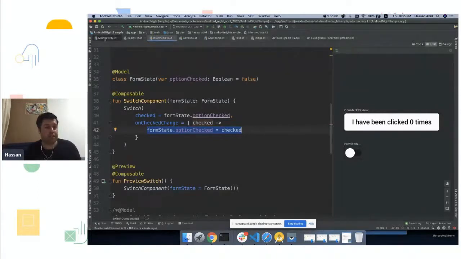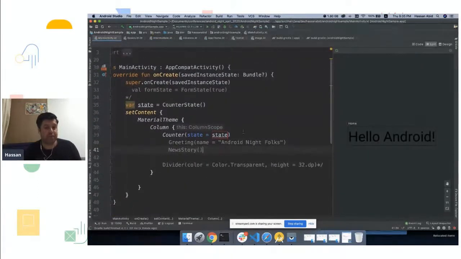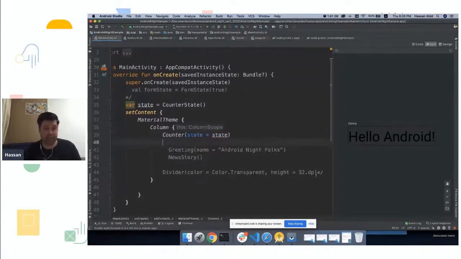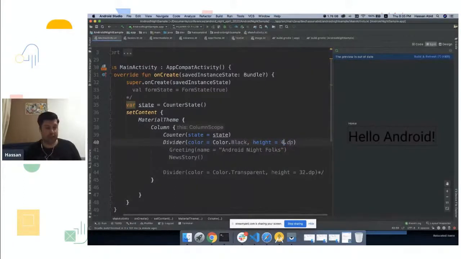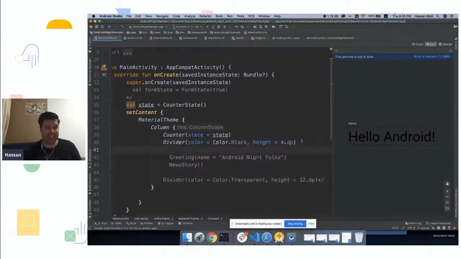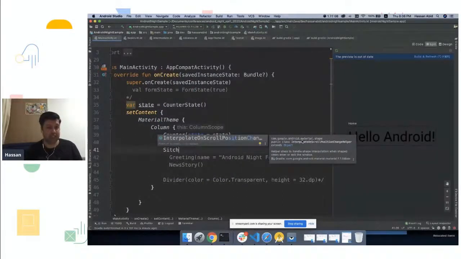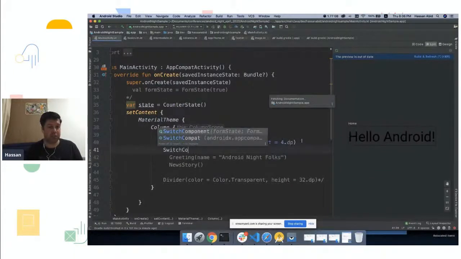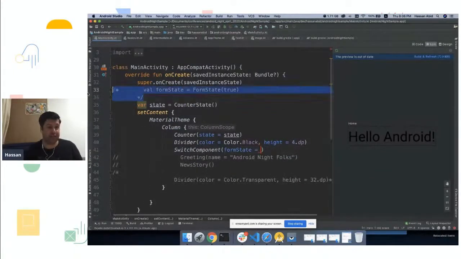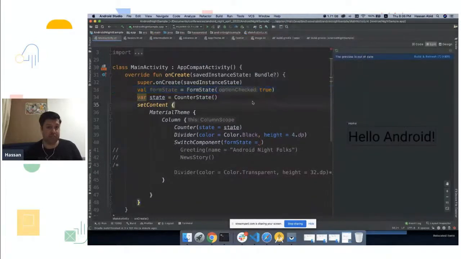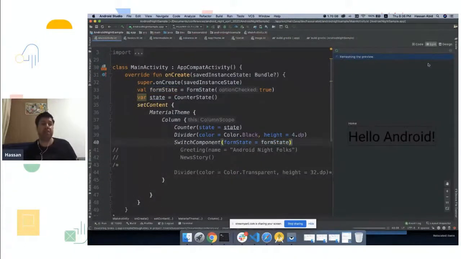So here I'm going to come here, and I can add a divider. Let's just add a divider and maybe 4 dp. Okay. And then I have to have a, what was that? It was switch component, right? And then I have this form state. So I can do this. Then I can build and run this